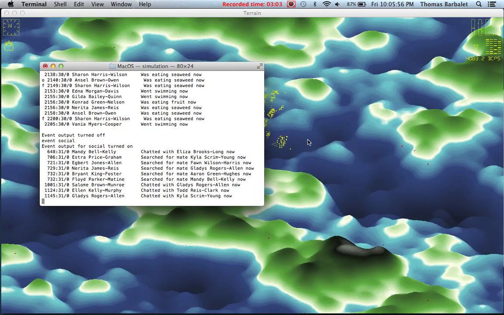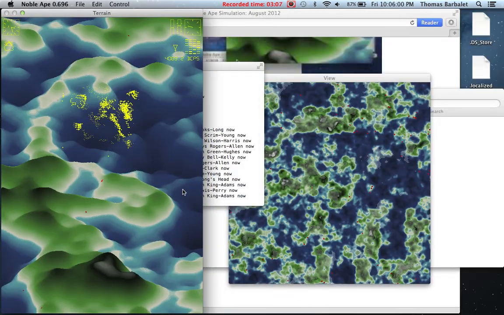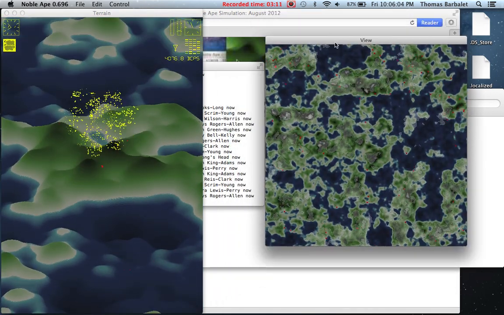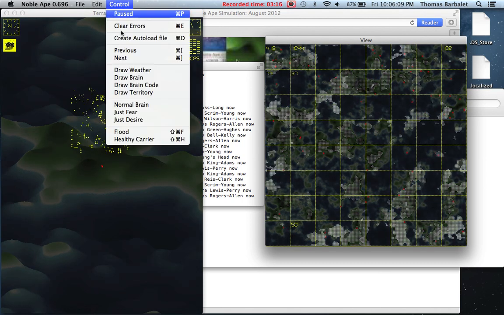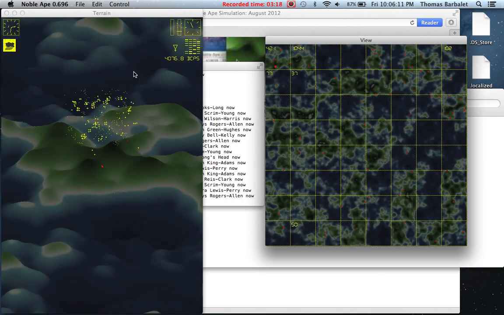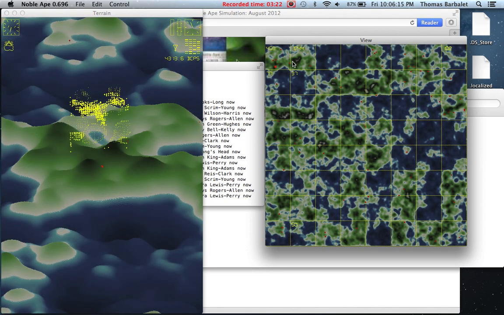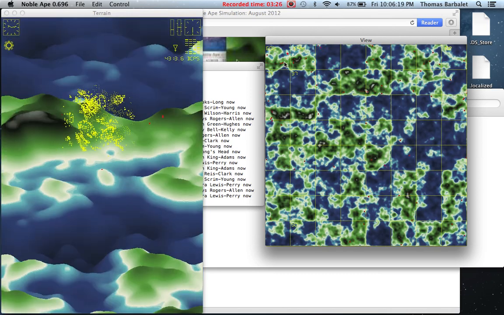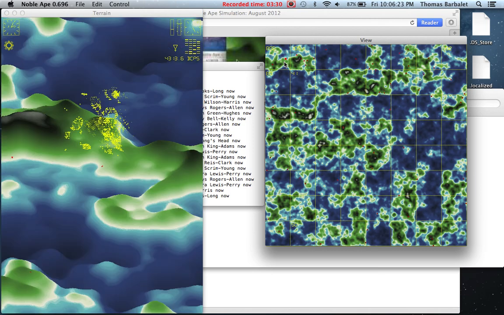Something that interests me, which comes from some of the work Bob Mottram did, was the territories. So let's turn on the territories, turn off the weather. So what you're seeing here is the number of minutes, awake minutes, that this particular selected Noble Ape has spent in this particular territory. One of the things I want to add is kind of community naming of territories, which